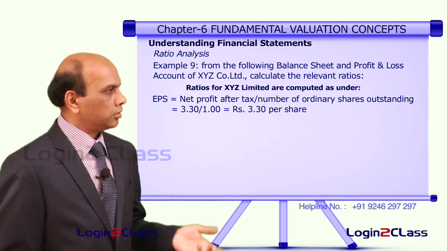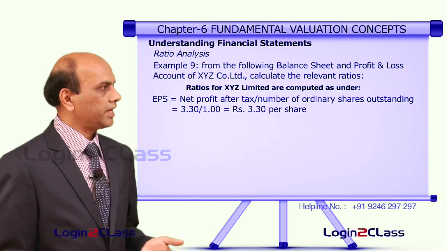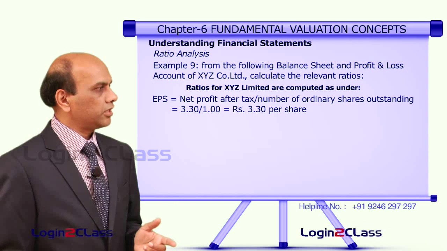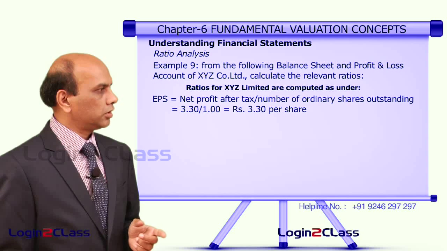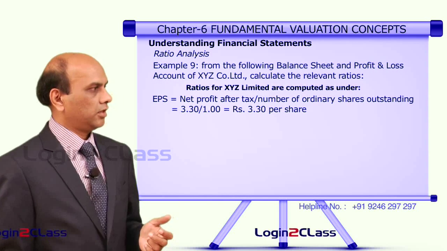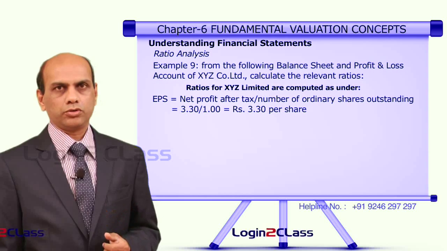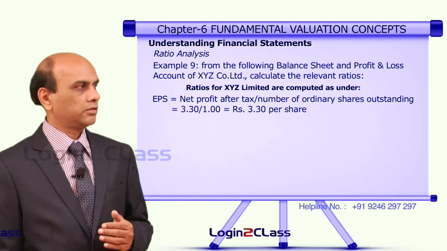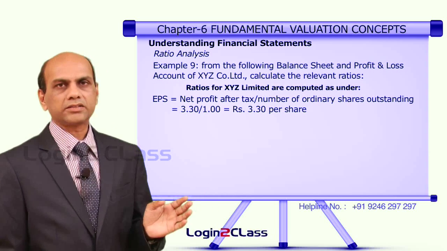From the shares outstanding column in the balance sheet, you can see the shares are 1 crore shares, and when you see the net profit from the profit and loss account, it is 6.8 lakhs, and you have to subtract 3.5 lakhs, which is the income tax component in the profit and loss account. So when you subtract the net profit 6.8 minus 3.5 income tax,